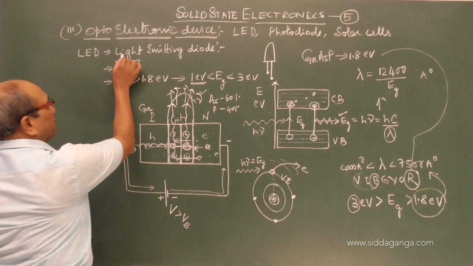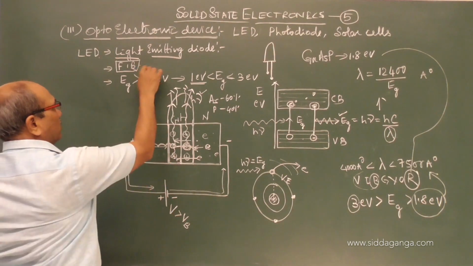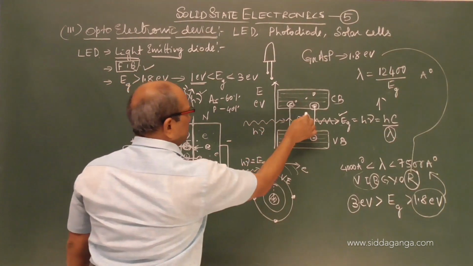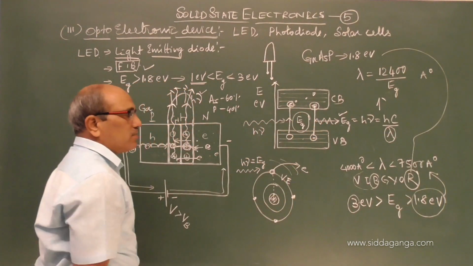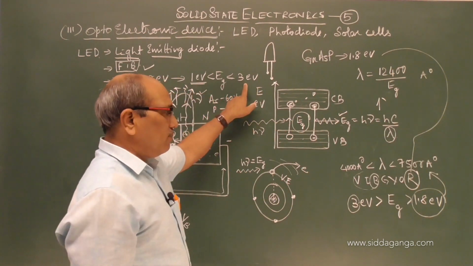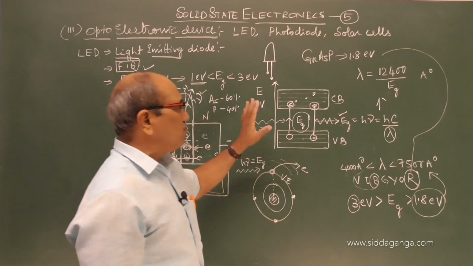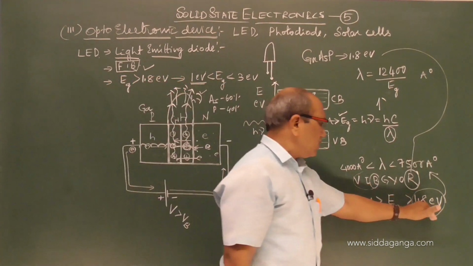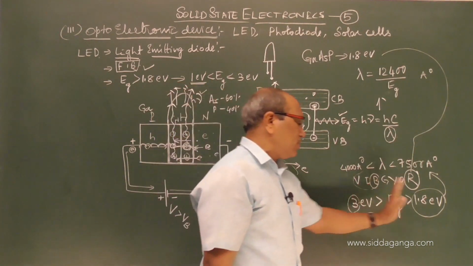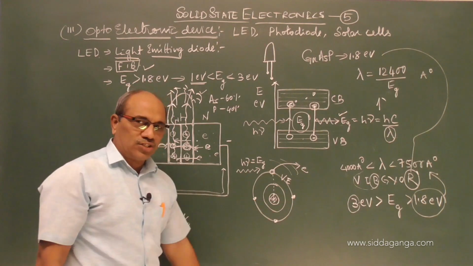Electric energy is converted into light, emitted from electrical energy under forward bias of a PN junction of a particular type whose energy gap is in the range of 1 to 3 eV. If the range is 1.8 to 3 eV, you will get visible light. If it is more than 3 eV, then we will get ultraviolet radiation. If it is less than 1.8 eV, we will get infrared radiation.